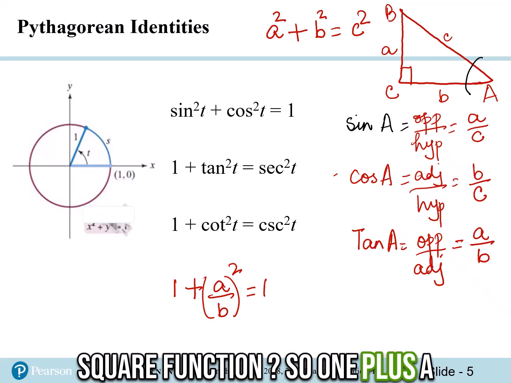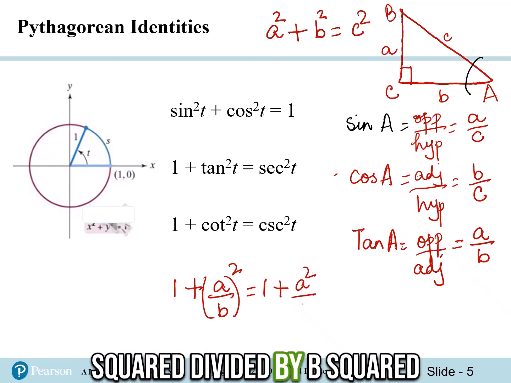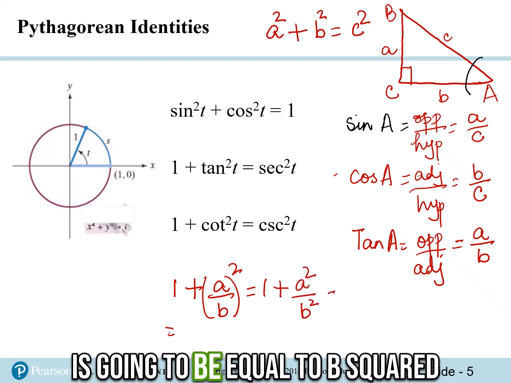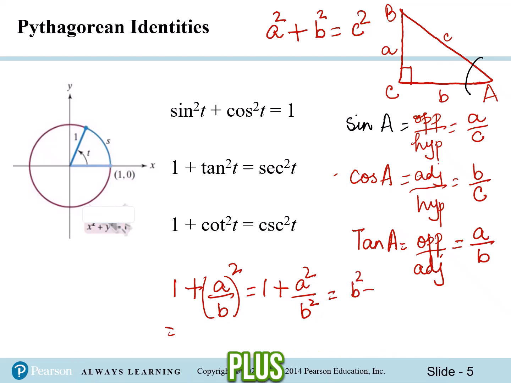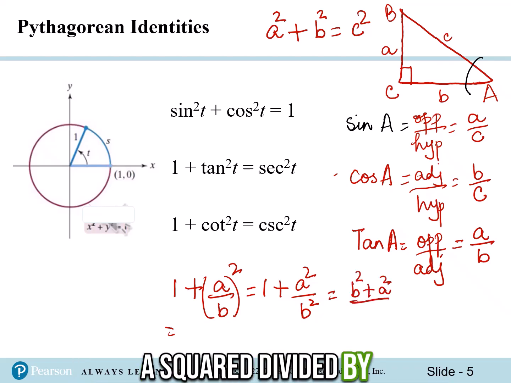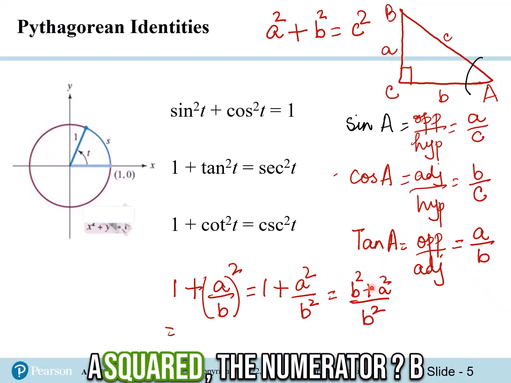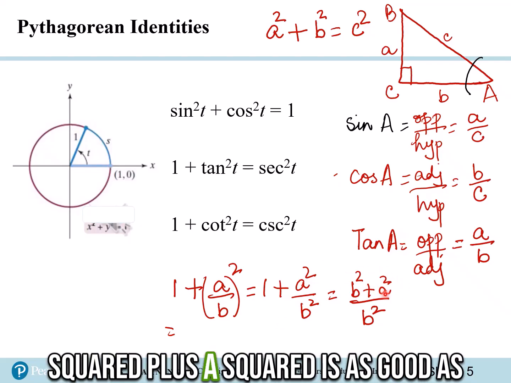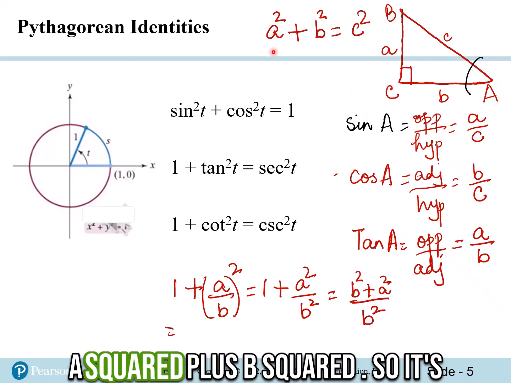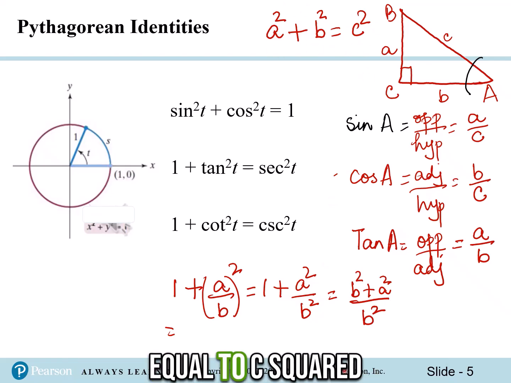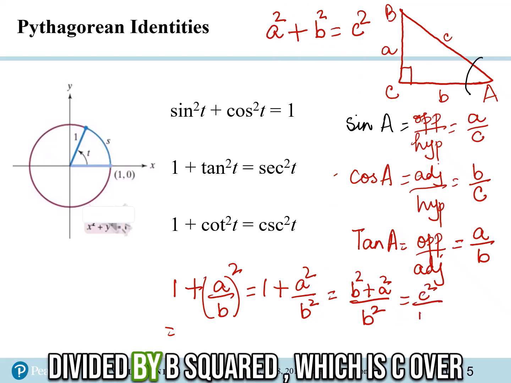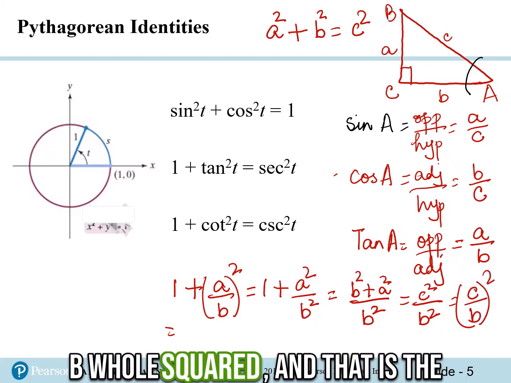So 1 plus A squared divided by B squared is going to be equal to B squared plus A squared divided by B squared. So what is b squared plus a squared, the numerator? B squared plus a squared is as good as a squared plus b squared. So it's equal to c squared divided by b squared, which is c over b whole squared,